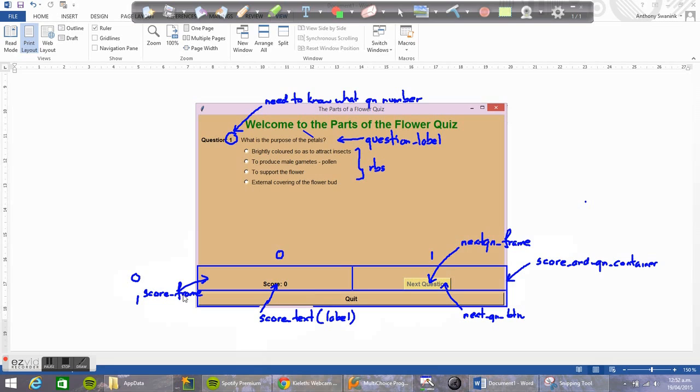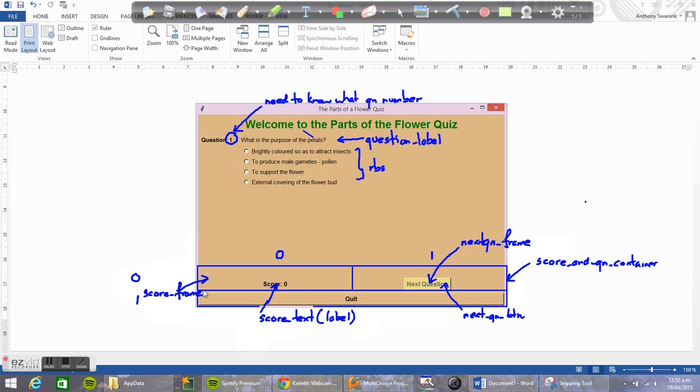So I've got a score frame here, I've got a score text label, I've got a next question frame and a next question button, and something I haven't highlighted, we're going to have a button down the bottom, the quit button, and that's going to have to go in its own frame as well,